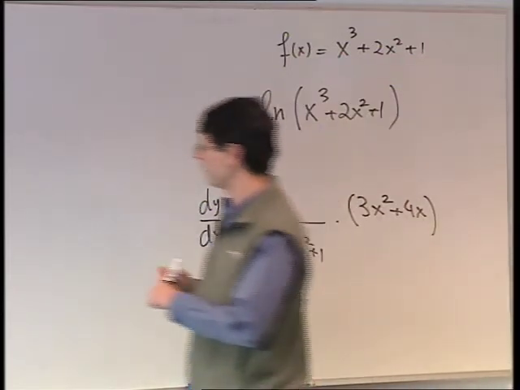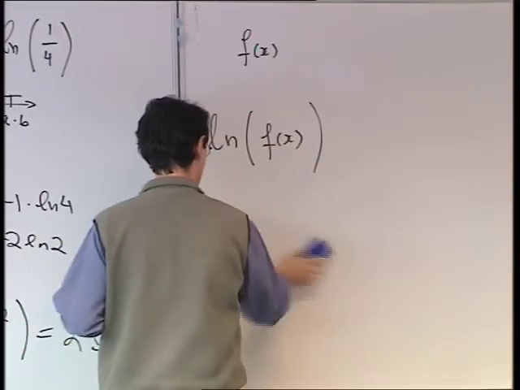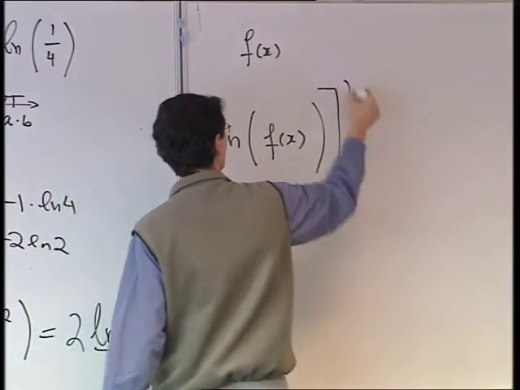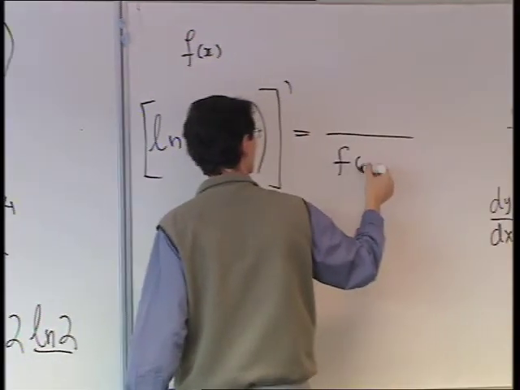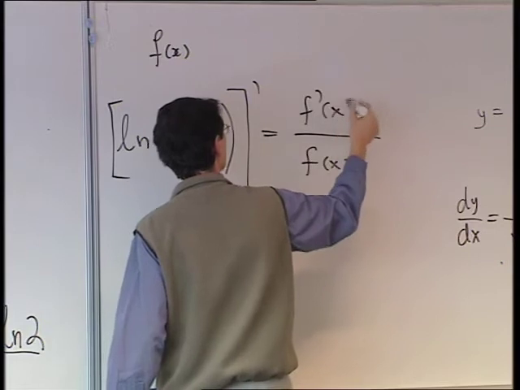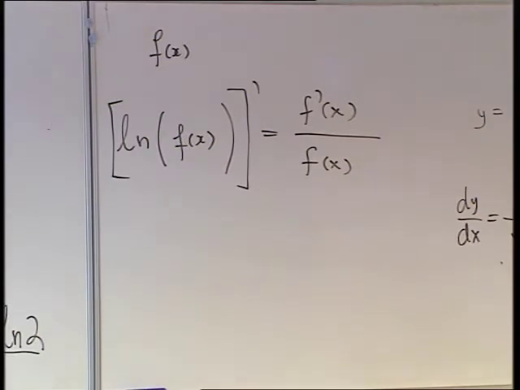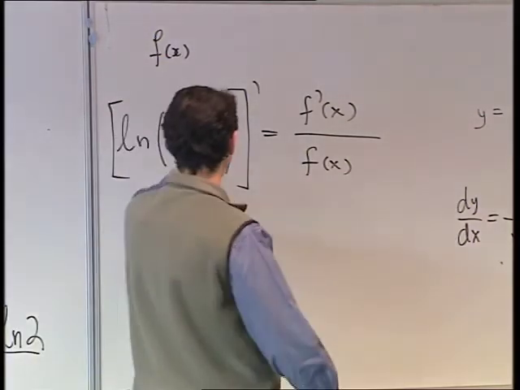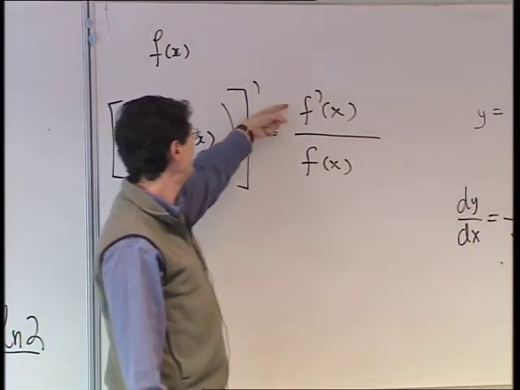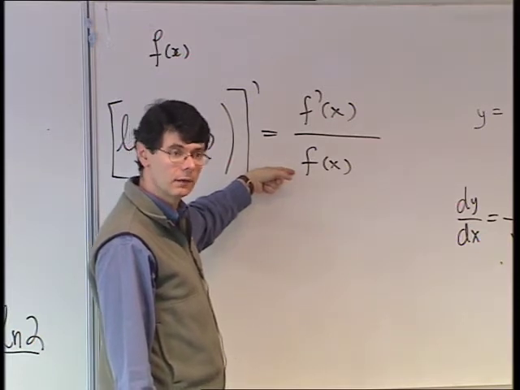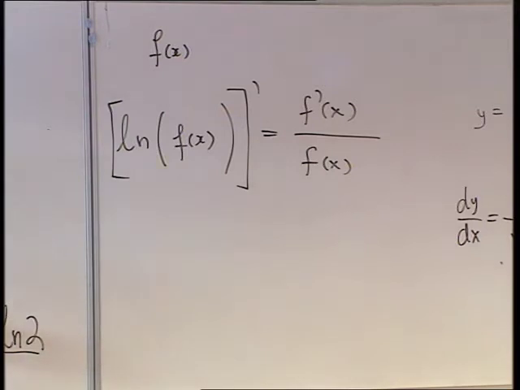The general formula is this. You take a derivative of that stuff inside the log and divide by whatever is in there. Okay? And it's a chain rule that gives you that formula. So let's take a look at